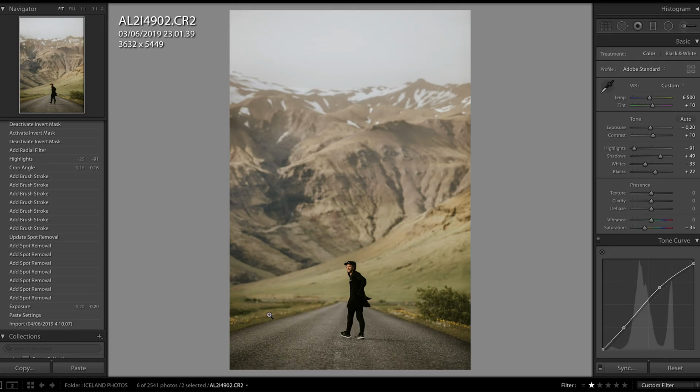Now, tip number 2 on how to make your subject pop out is using the radial filter. Now, this is a tool that I love to use in a lot of my shots. For example, in this photo, I've removed my distractions, I've done my color grade, I've got everything right, but still, it kind of looks like everything's a little bit flat and my brother is just not really popping out